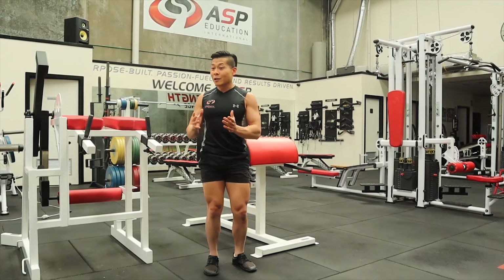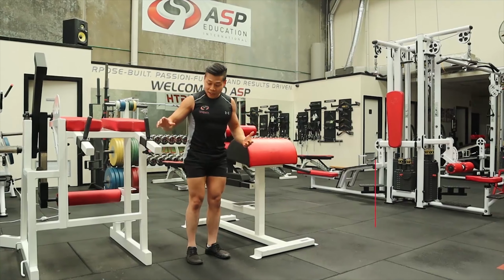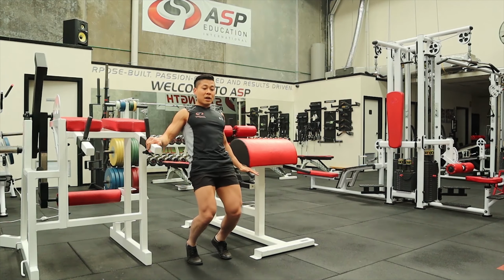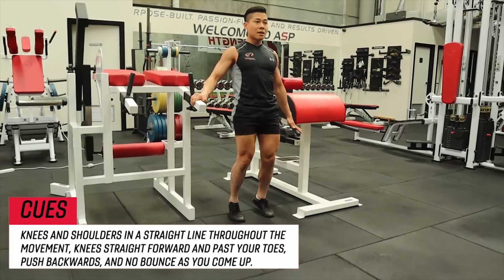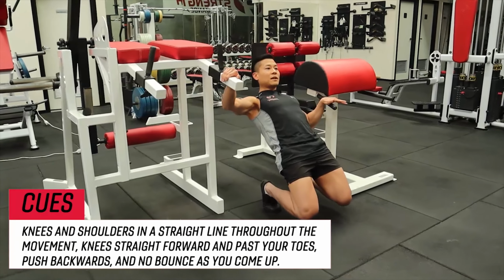Now, when you get to a little bit more of an advanced or an intermediate state, then you can literally balance yourself and perform a Sissy squat as it should be. So watch again. In this one, you come straight forward, knees past your toes, push backwards, up again, drop, knees past your toes,